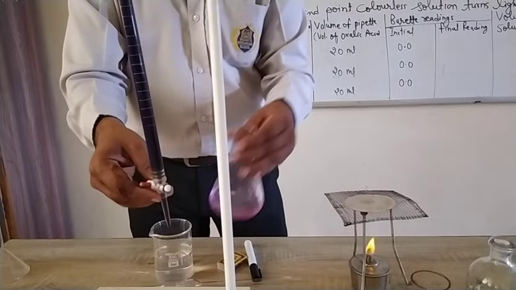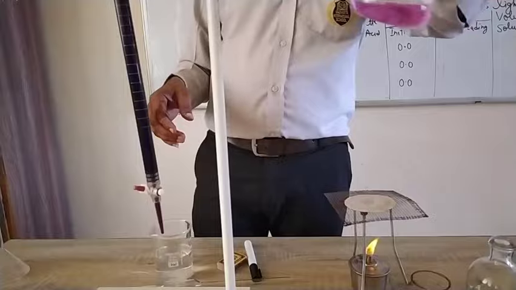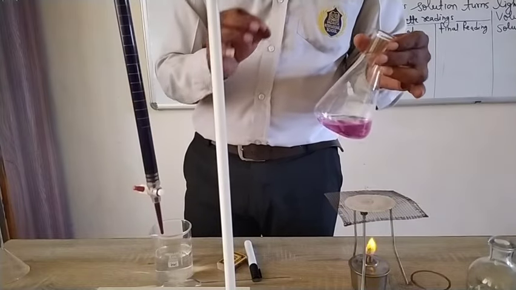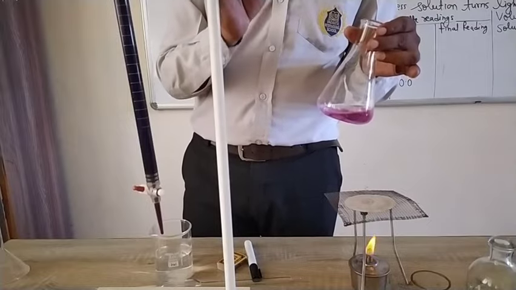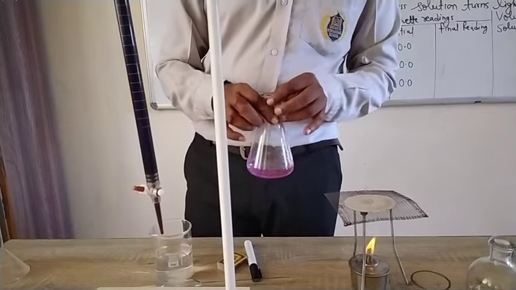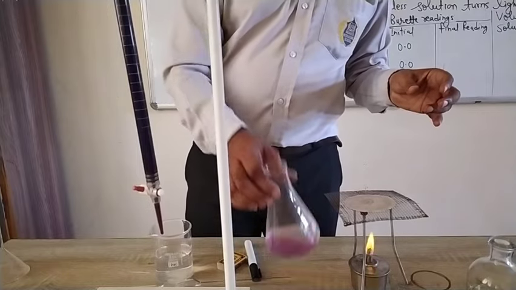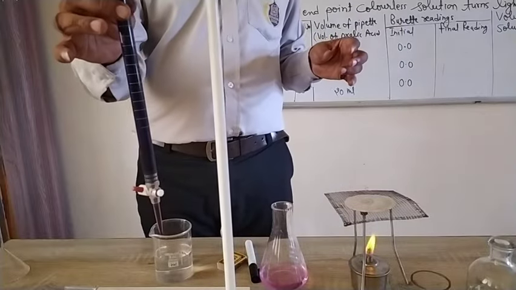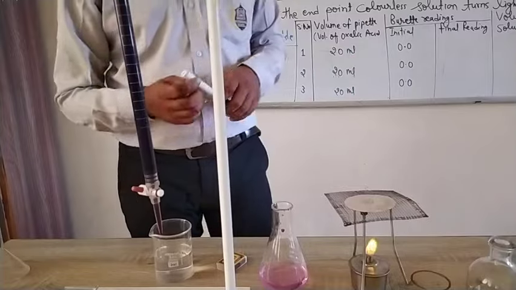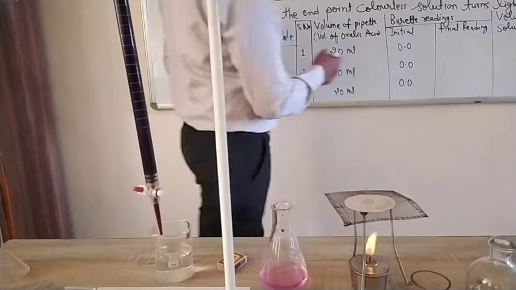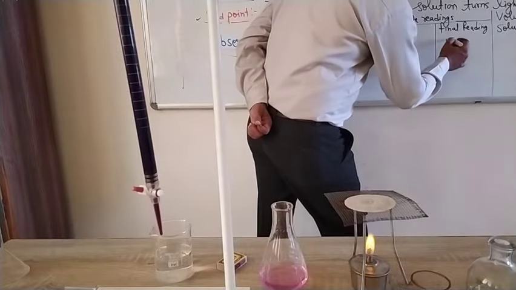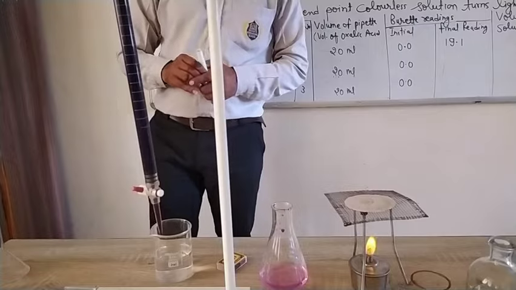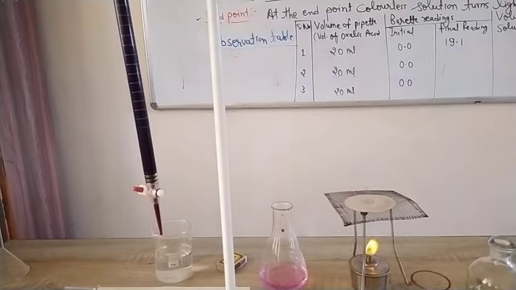Yes, now the color has stopped and you can see the color. It is a little bit dark, but the color should be very light. There should be a light tint of KMnO4 solution. So this is the reading, and we will note it down. The reading is just about 19. It is 19.1. So I will note down the reading here. It is 19.1. Let me show you the reading and then we'll proceed to the next practical.